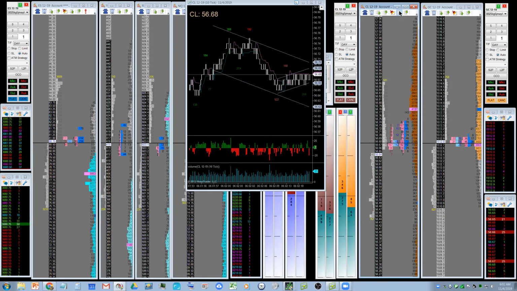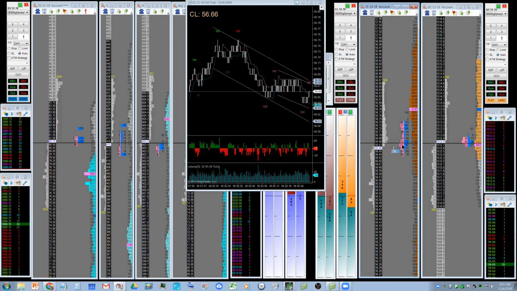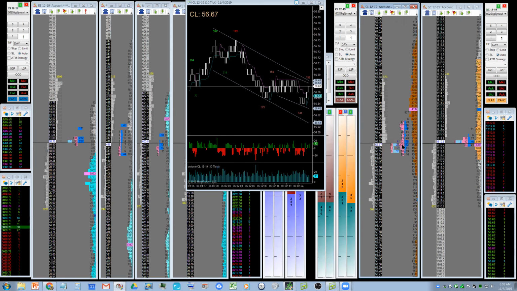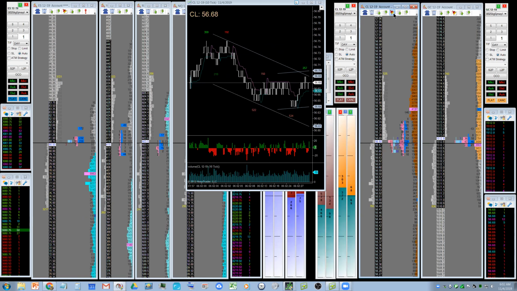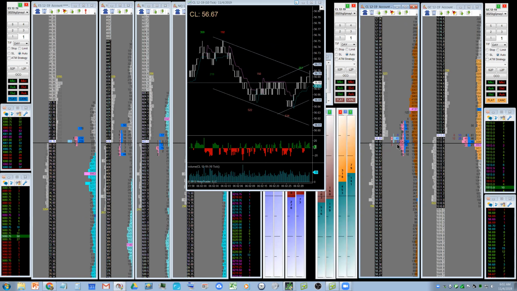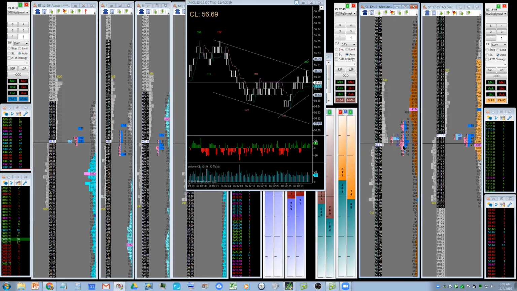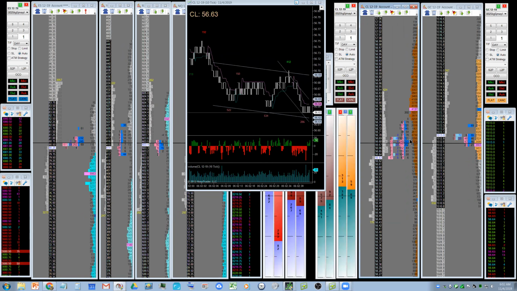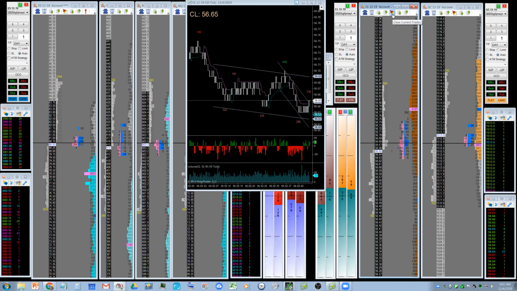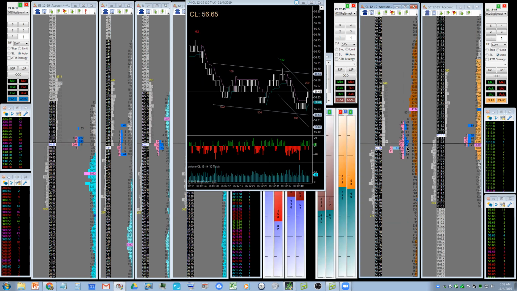Starting to build an inflection point right there. If it holds, it might be a good little long pop right there. See it? You can see the volume. That's why I reset the currents and I let that node build itself. It's an instant footprint chart. So this is why I don't use footprints, guys. I don't need them. These are exactly the same thing, only I can build it to order as I need it. So see what's happening here?